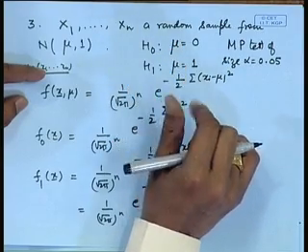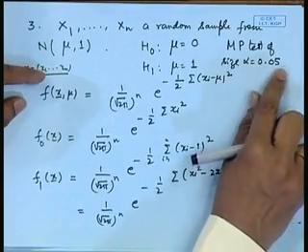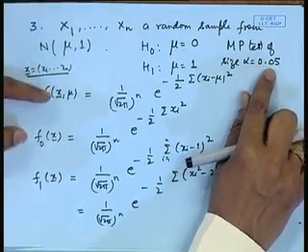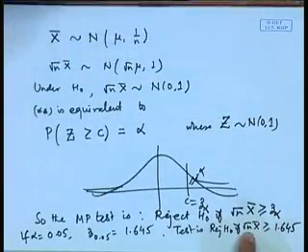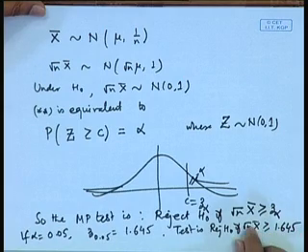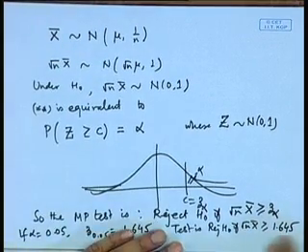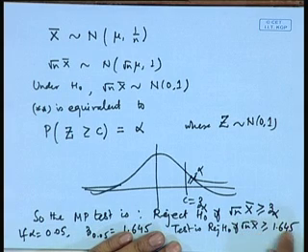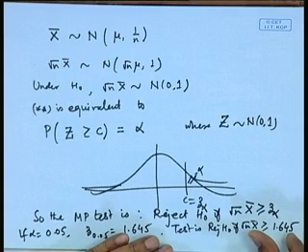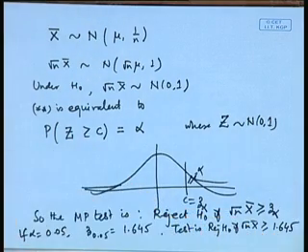But how much value of x bar is considered to be larger or smaller, that is dependent upon the probability of type 1 error, and therefore, we are now able to formulate this decision making process as root n x bar should be greater than 1.645, that means x bar is greater than 1.645 by root n. Of course, if n is large, then this value will become much smaller. That means, even for a smaller value of x bar you will consider it to be a little larger, but that much distinction is permissible because